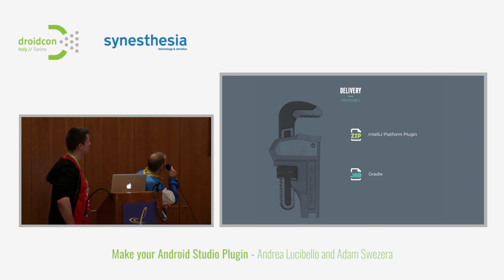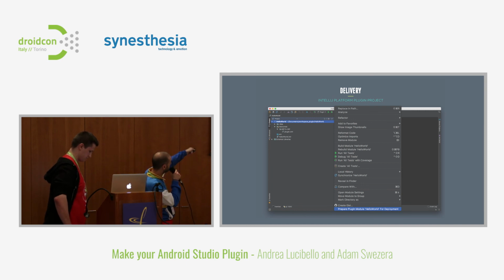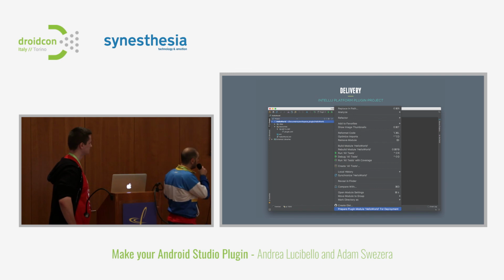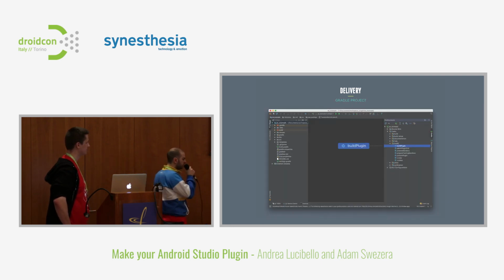So let me show you. This is IntelliJ, and this is the project created in the IntelliJ platform plugin version, and you have a specific item inside the context menu. This will run a task that will create a jar file. Otherwise, if your project is a Gradle project, you have a dedicated task called build plugin that creates a zip file. It is not important whether it is a jar or a zip, but you can deliver that file manually